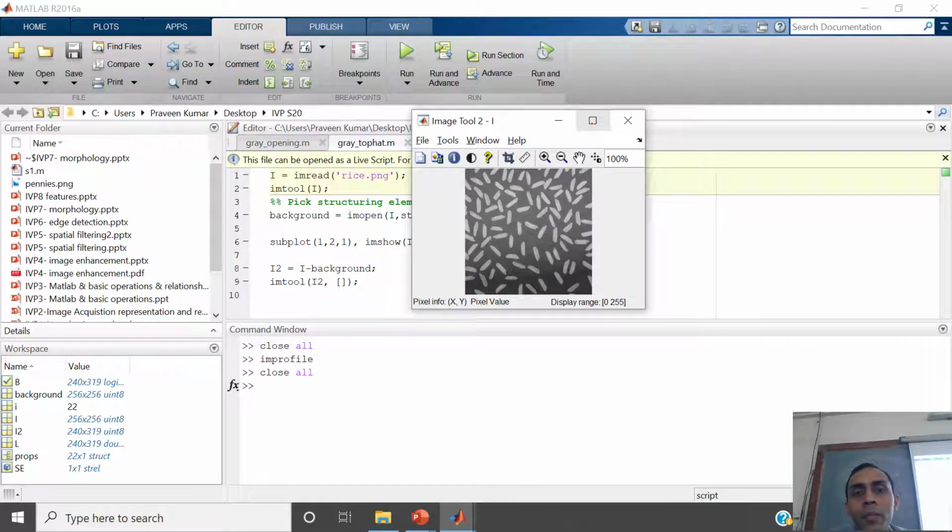So this is the image that I have taken, and the task that I want to do is to segment out these rice regions. The problem here, what is the problem? Can we segment out this rice region? If we choose a threshold value,